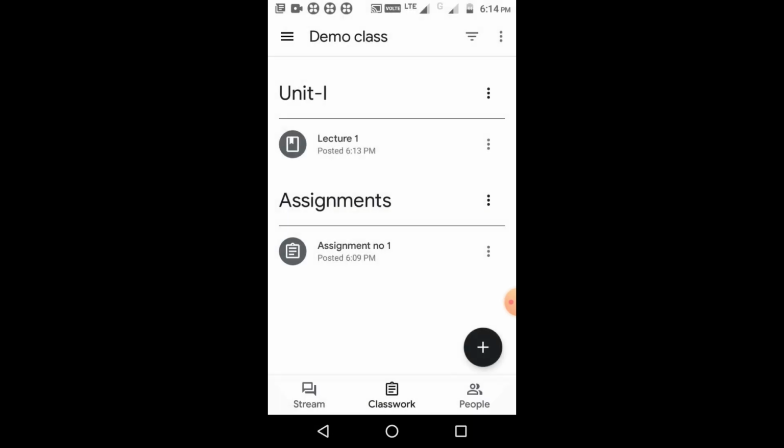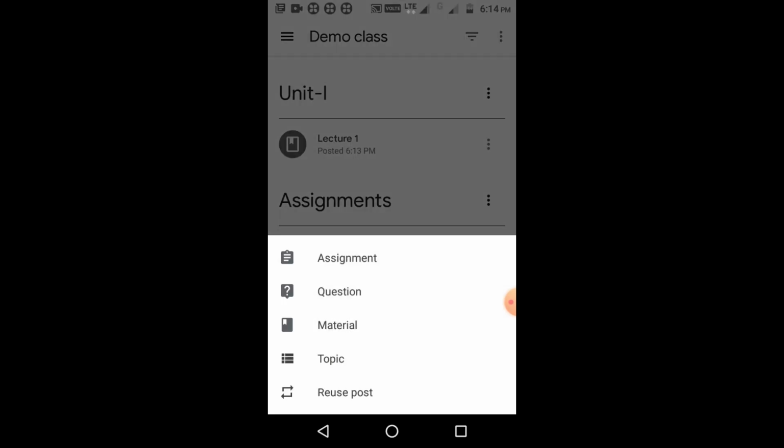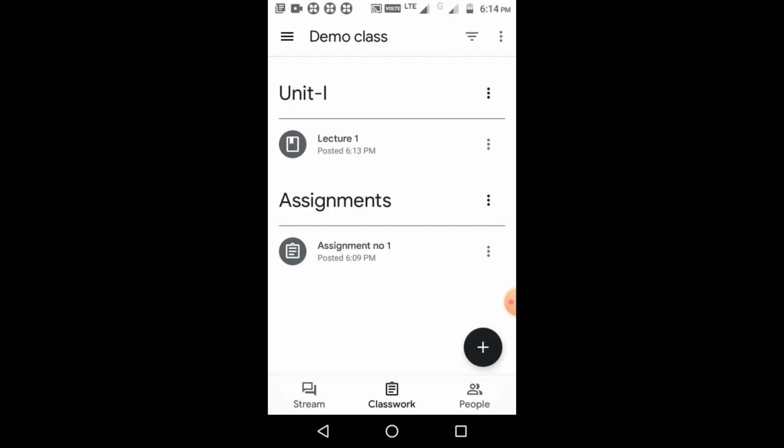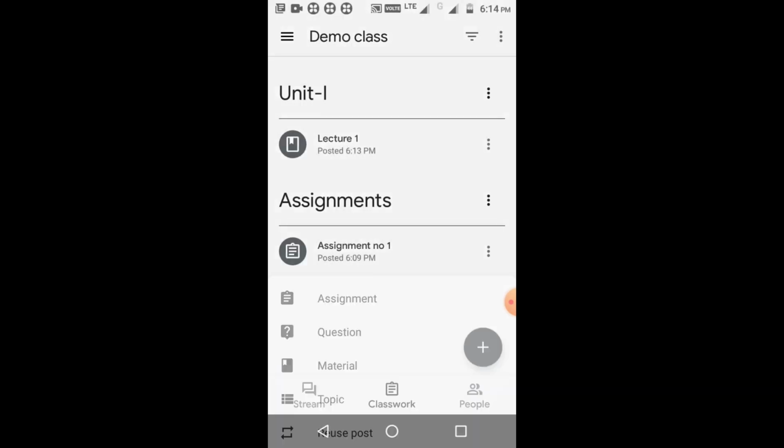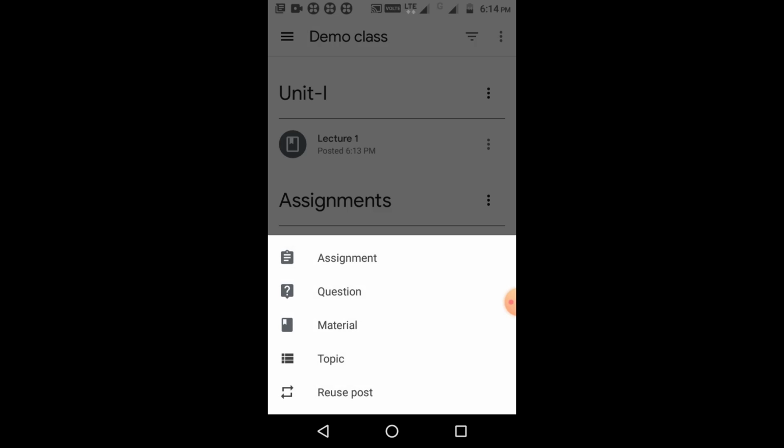Now the next option is a topic. We have already created two topics here, unit 1 and assignments. With the help of this option you can create another topic here under which you can add other materials. And the last option is reuse post.